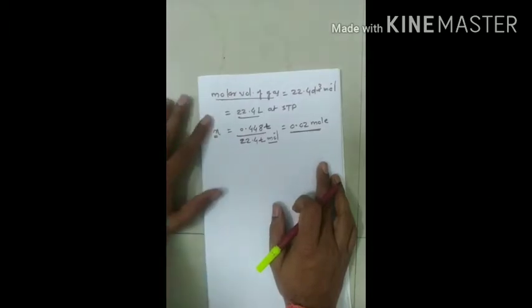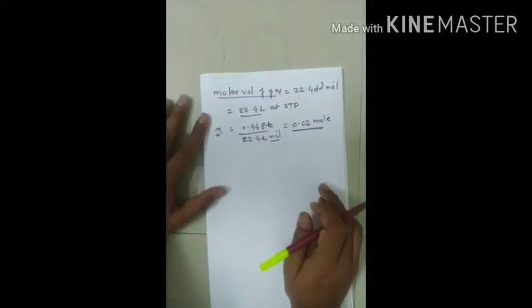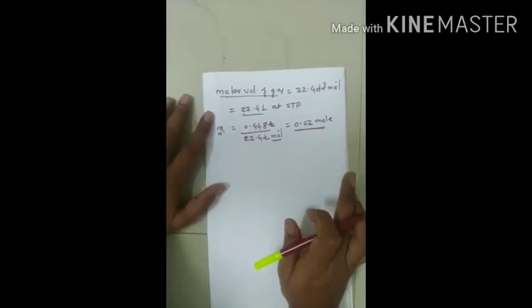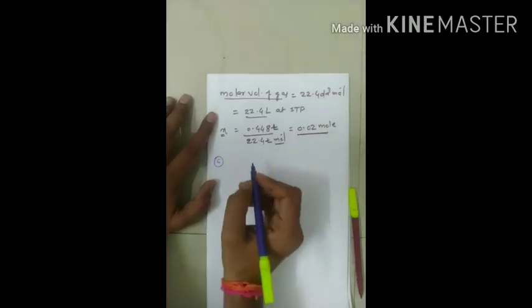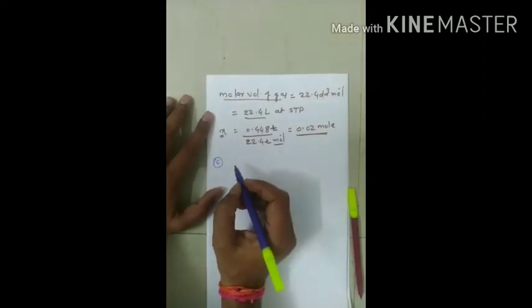So this is how simple the question is. The only thing is that we must know the formula and convert everything into the same proper unit, and we will get our answer. Okay, after this we are going to discuss the third sub-question, question number C. Now the question is like this: the mass of an atom of hydrogen